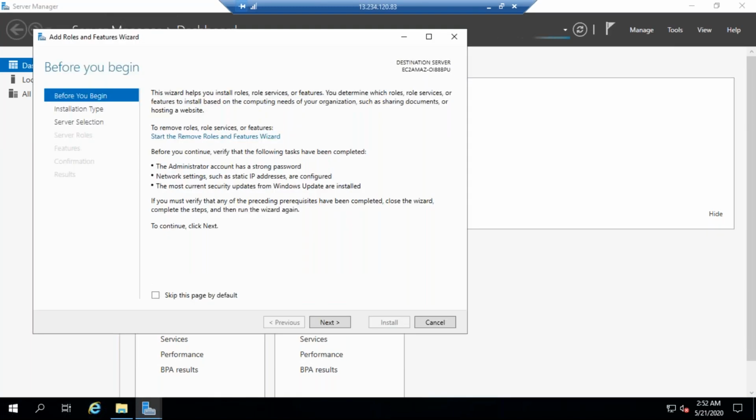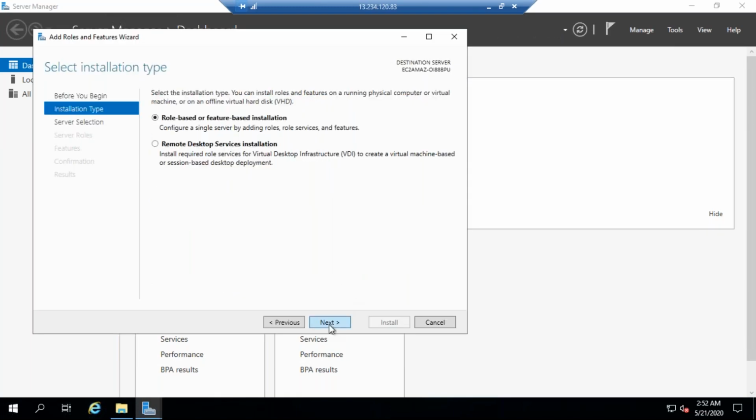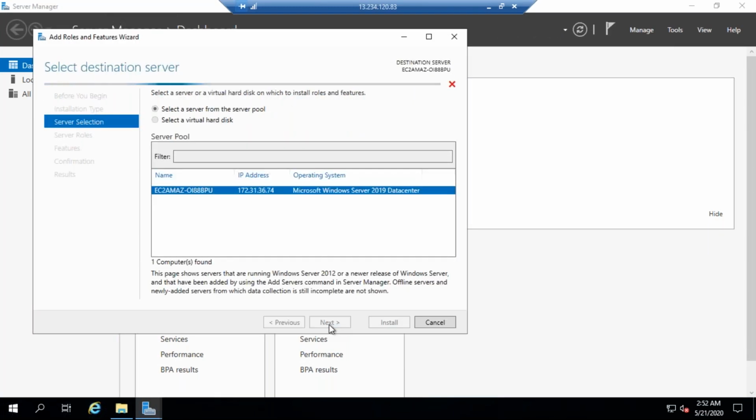So add roles and features, click next, next, next.